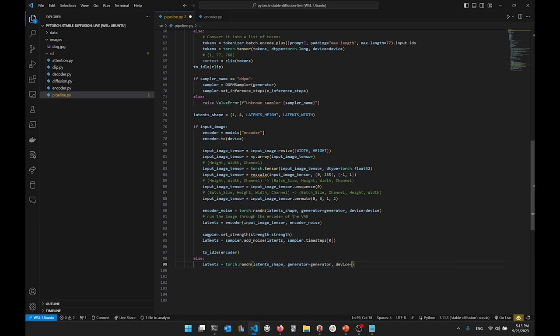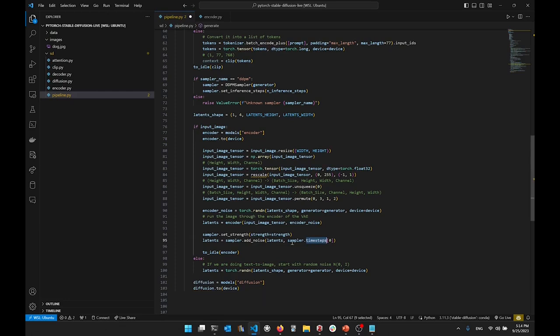Generator, and device is device. So let me write some comments. If we are doing text to image, start with random noise, defined as n0i. We then finally load the diffusion model, which is our UNet. Diffusion, it's models. Diffusion. Later we see what this models is and how to load it. We take it to our device where we are working, so for example CUDA, and then our sampler will define